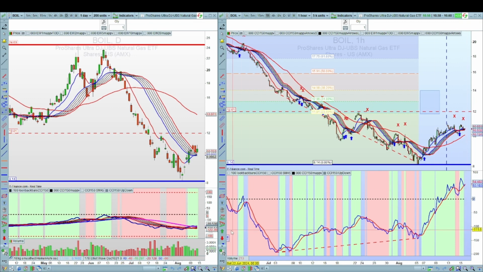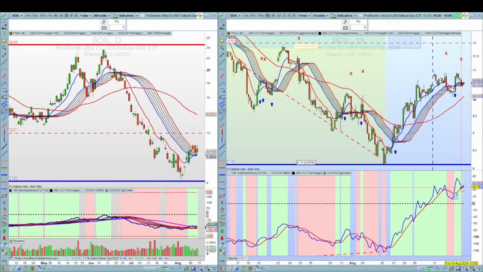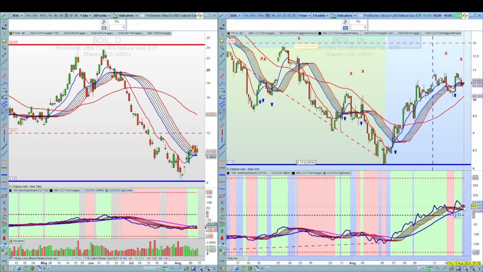Still bullish at the moment, bullish on the daily, still just in the neutral zone at the moment on the hourly. So wait for it to break above the moving averages to be more bullish. And again, if I draw those ranges in there, you can see it's just touching that moving average range, giving us a neutral signal.